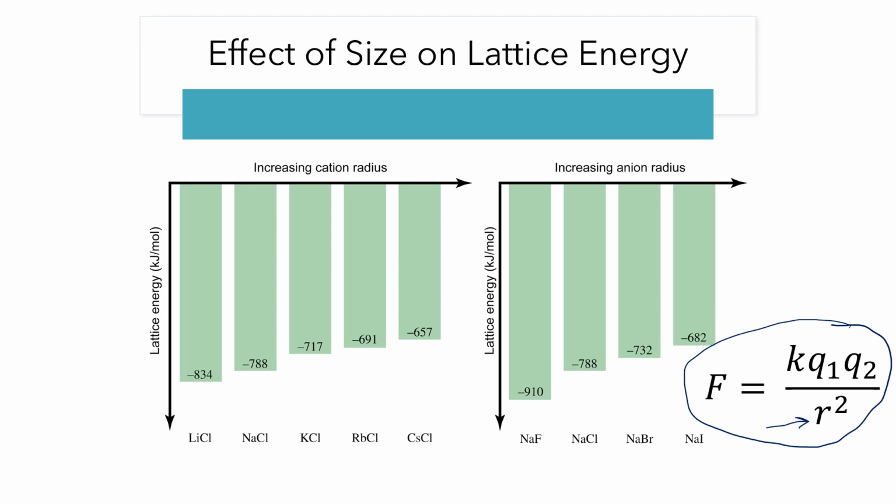So as we compare a similar series of compounds, over here on the left-hand side, the anion in all of these chemicals is chloride. So the thing that's changing from one to the next is the cation. We're going from lithium to sodium to potassium to rubidium to cesium. Now, as you move down the periodic table, these cations get bigger. In lithium,